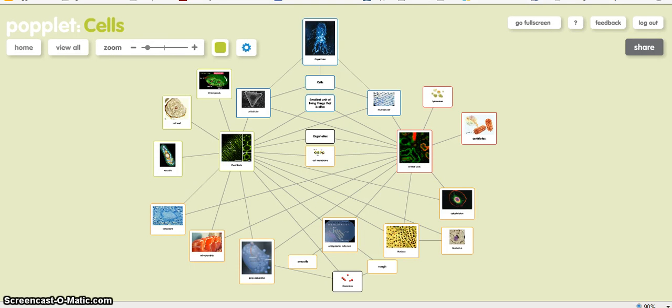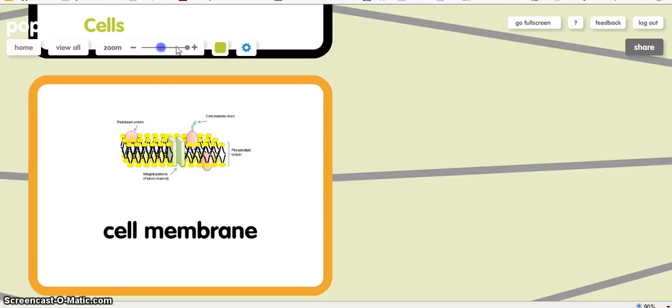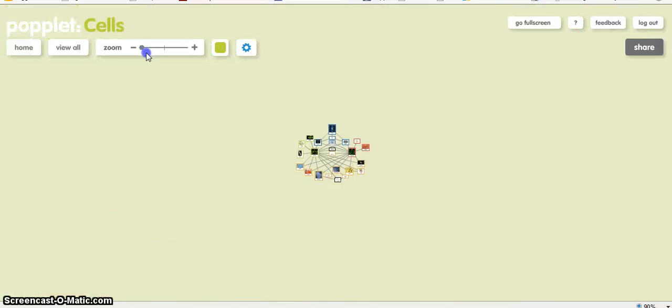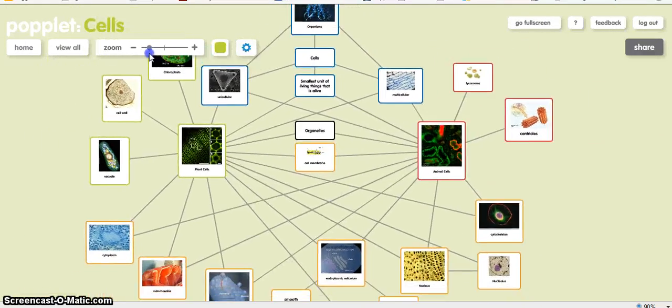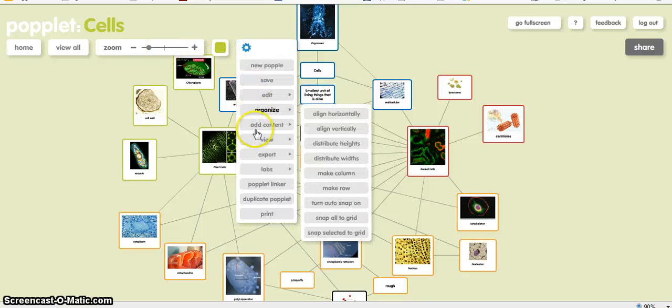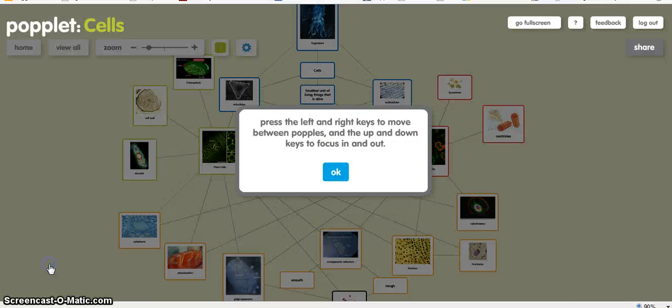Hi, I'm going to show you a Popplet I made about cells. First I'll zoom in, and then I'll zoom out. And you can see that I made a lot of connections between the words and pictures in this Popplet. Now I'm going to go to presentation mode and start with